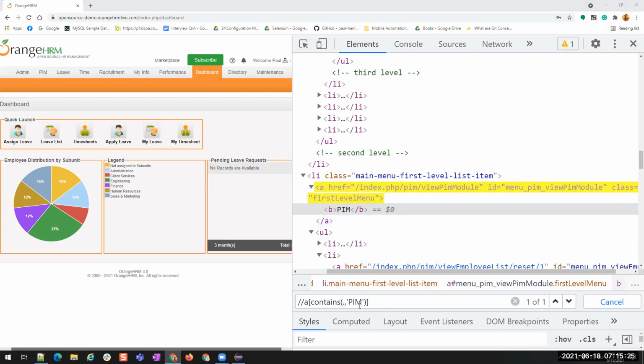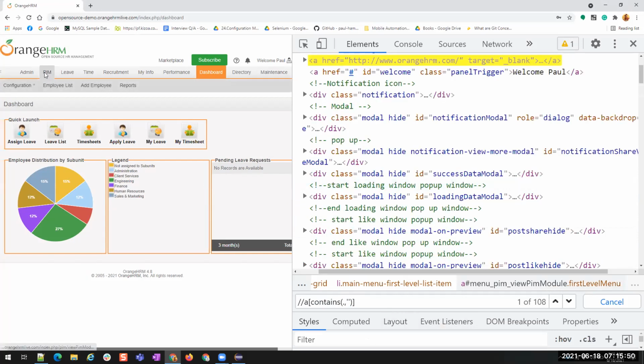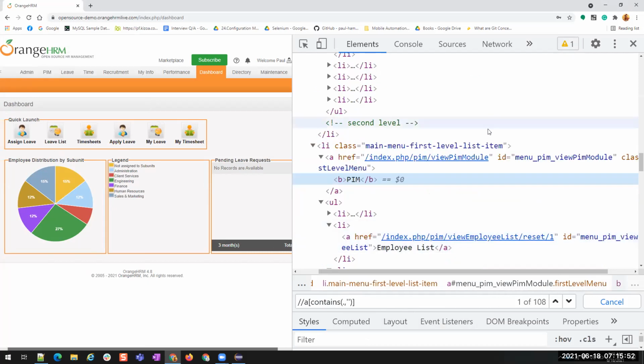Since we are trying to find using the text, I am using text or dot. But suppose I want to find some element using its ID, an ID containing something. So I'm going to the PIM link again.